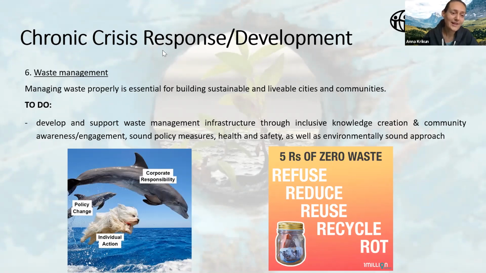Another one with the dog and dolphins is basically showing that there are different types of actions we could do as ADRA or as a community. There is, of course, a huge corporate responsibility for the pollution or for the waste, and we as ADRA could provide lobby on some national or maybe regional level. There is a policy change. Again, as I said, we need to look at the policy on the community level and perhaps on the national, regional level, where we could change the behavior of the communities themselves.